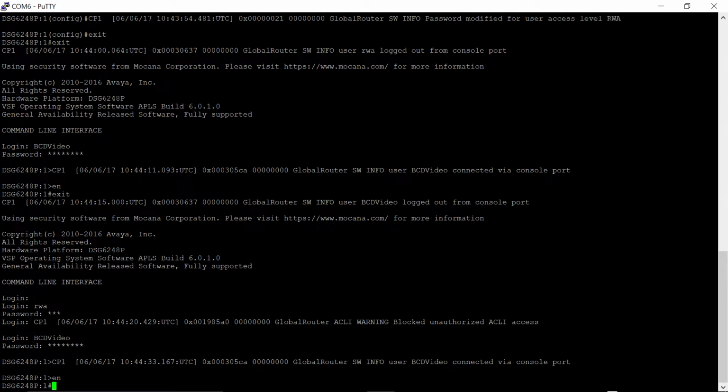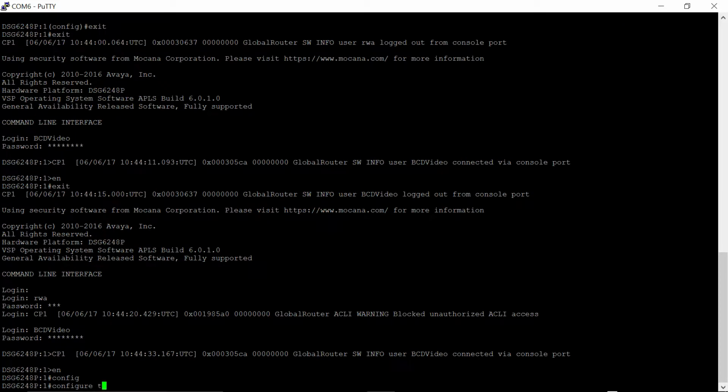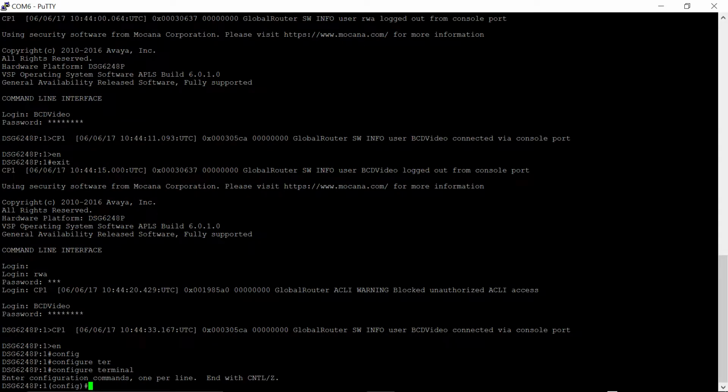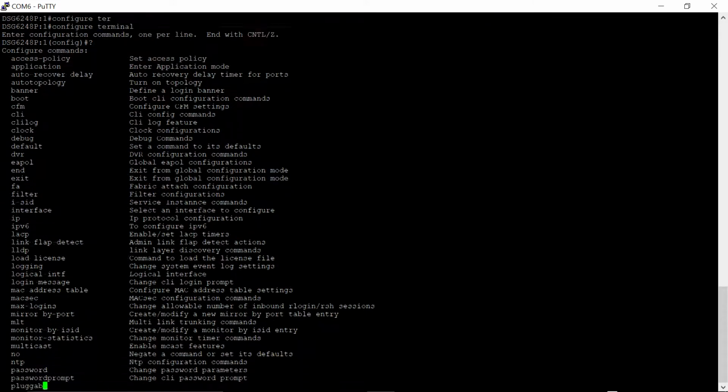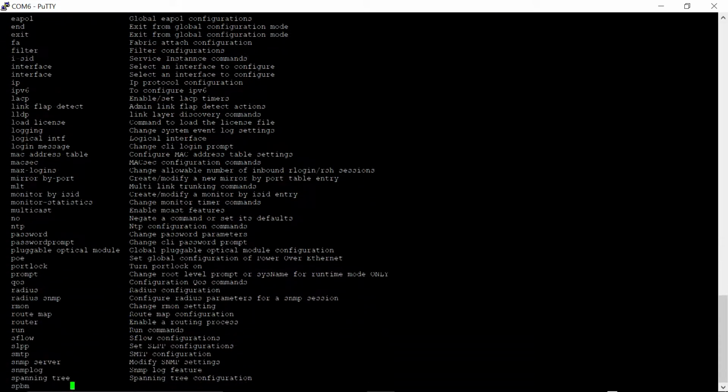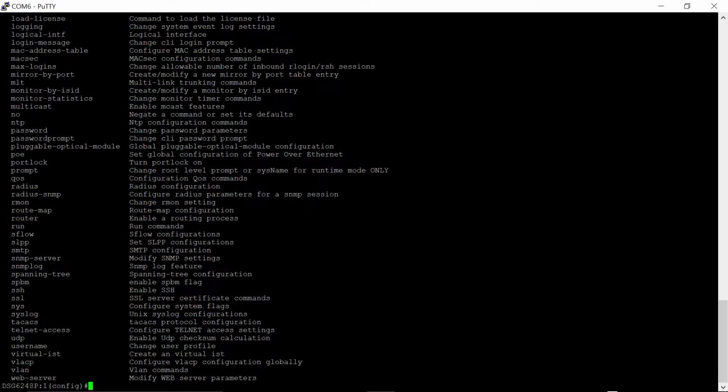Now, another thing I'm going to show you is how to modify your default login for your web management GUI, so it's not the default admin password for that. And that's pretty simple in nature. We're going to go back into Configure Terminal. And let's hit the question mark to take a look at some of our commands. And as you can see, towards the bottom, we have the web server settings. So let's go ahead and hit